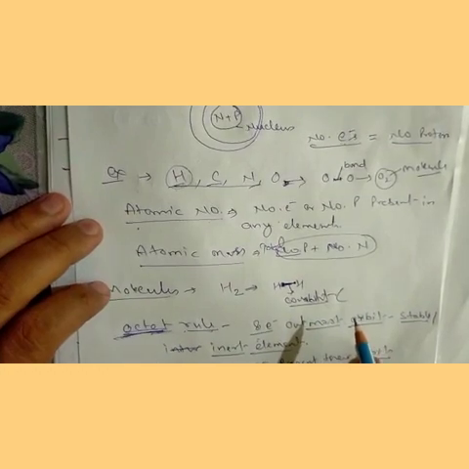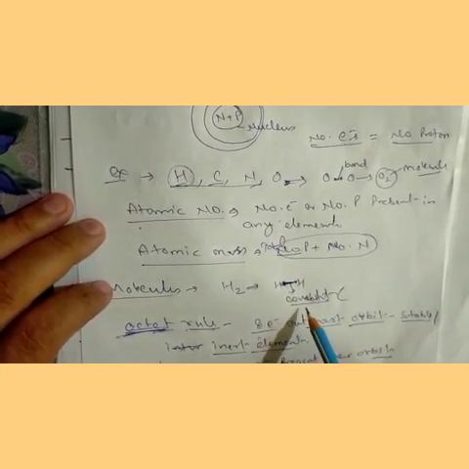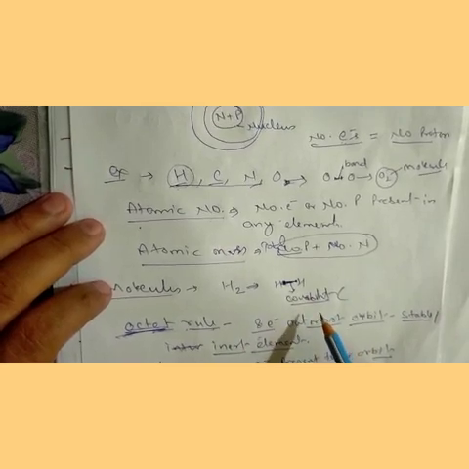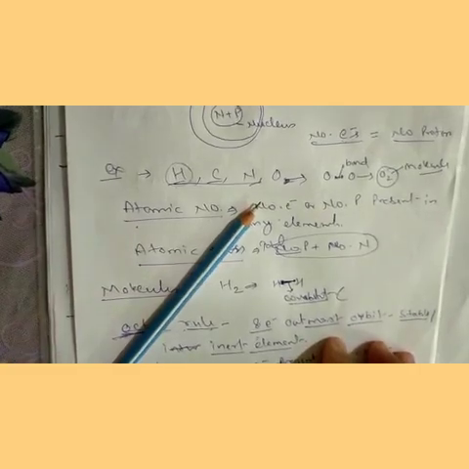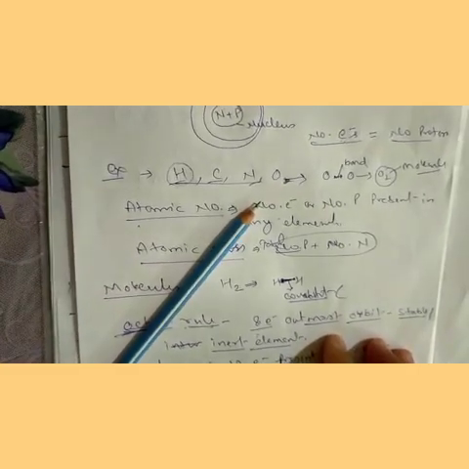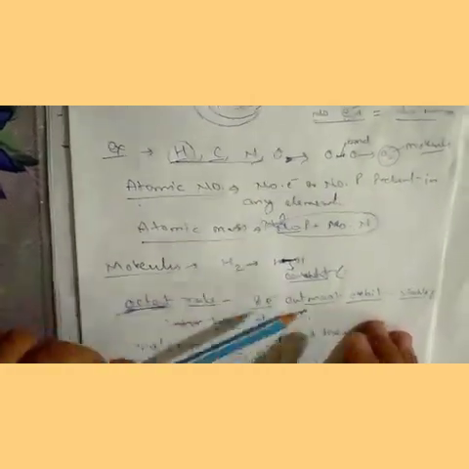Okay, so all elements will make a bond and follow this octet rule. Here exceptions are there. You may ask why hydrogen does not have 8 electrons, how H2 is stable. Hydrogen and helium are two elements which do not follow the octet rule, but they are stable. The reason is that they are exceptions and have only one electron, and that's why they make H2. Now one more terminology will come, called valency.